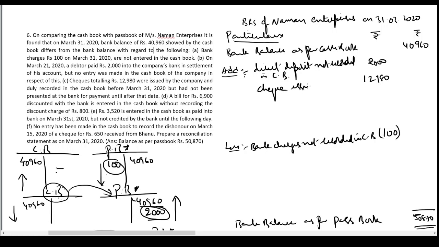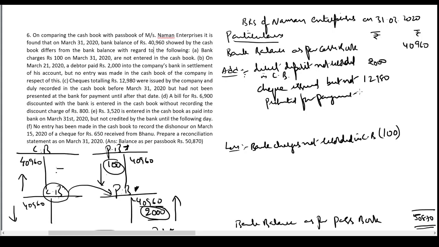Check issued but not presented for payment. Next, a bill of rupees 6,900 discounted with the bank is entered in the cash book without recording the discount charges